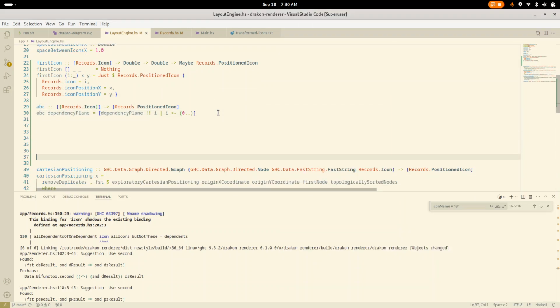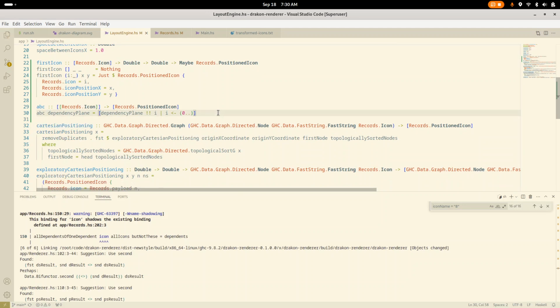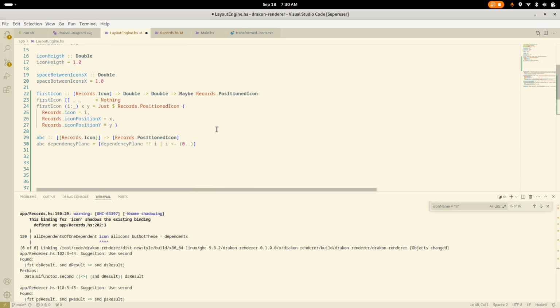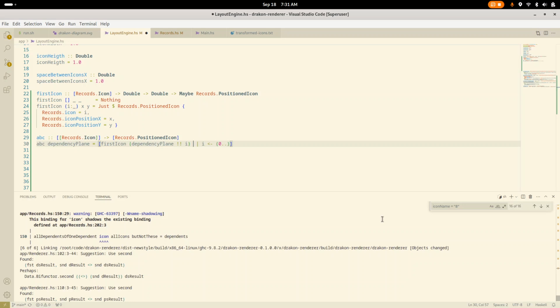Looks like it. No, sorry. Let's push it down. And here, I believe we should simply call first icon with the row and also with